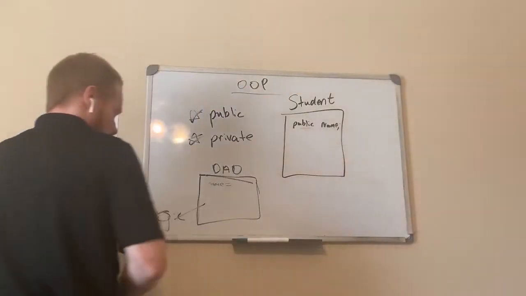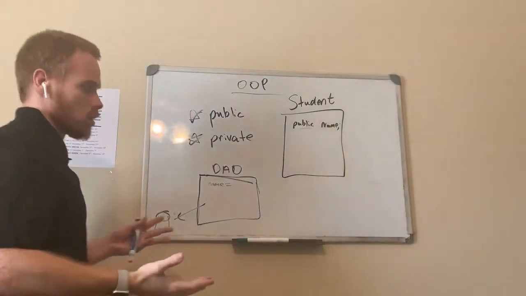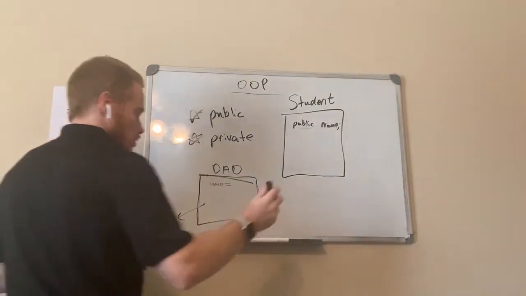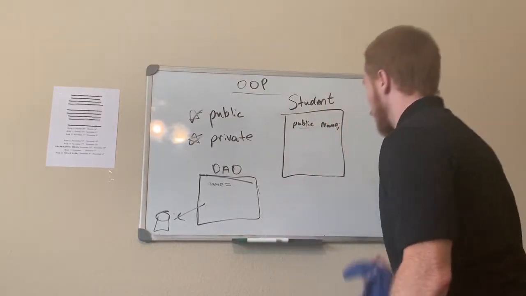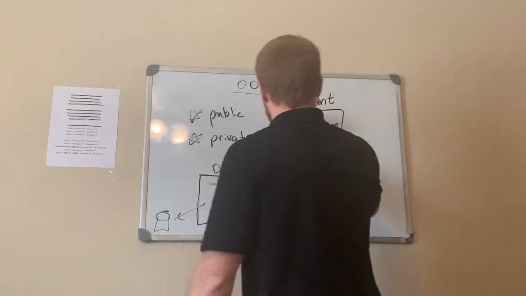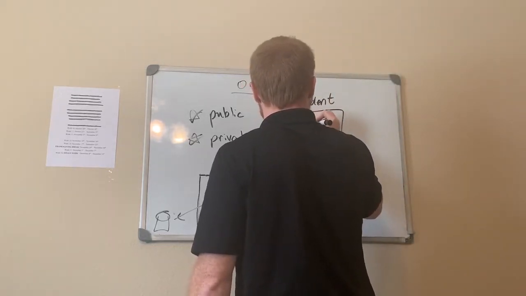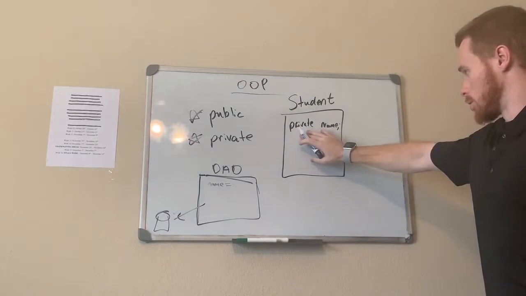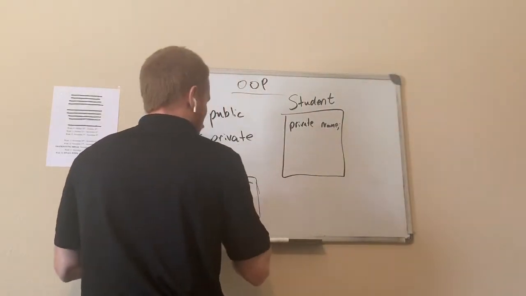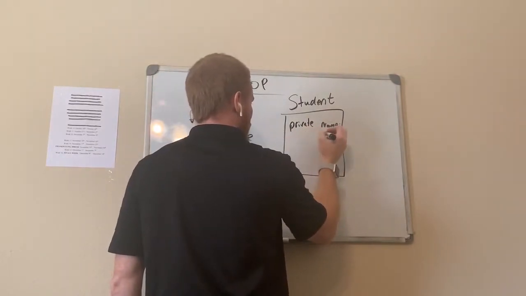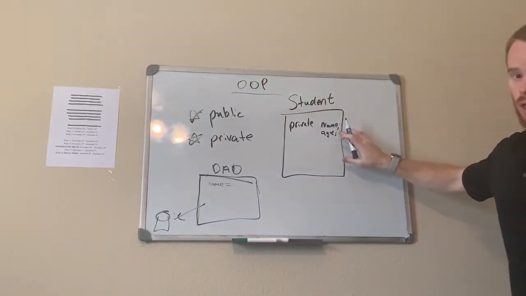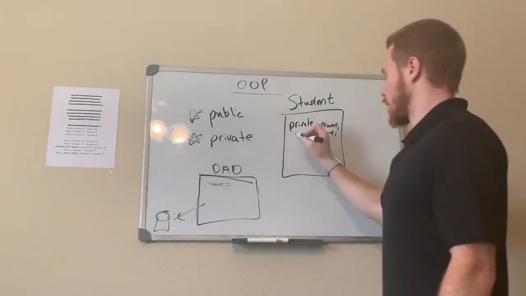Now, why don't you want to do that? When you're getting to OOP and good practices and good design, you want to make your variables private. Why do you want to do this? Because let's say I have an age for this student. If I have a variable age for this student and it's public,